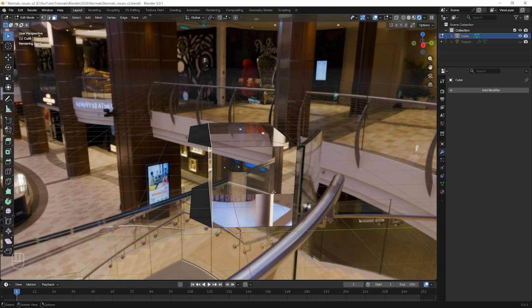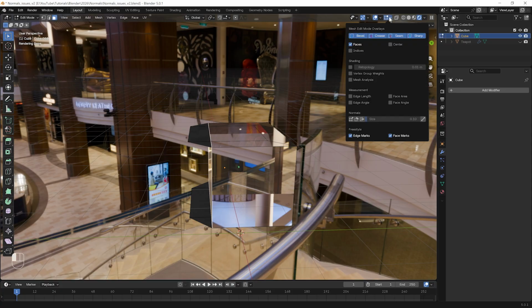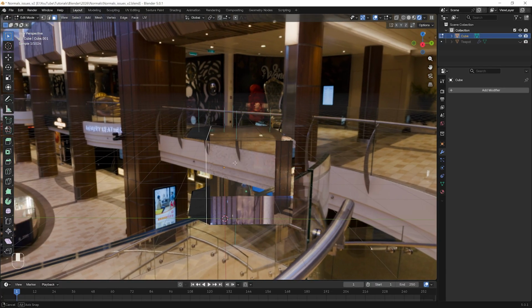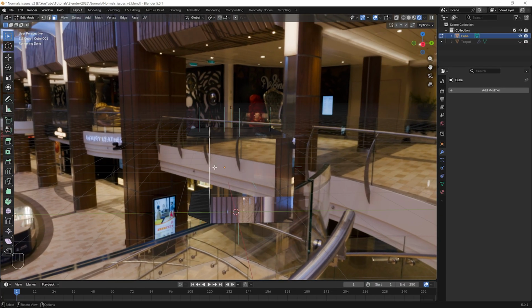There is one more way you can check what way your faces are pointing, but this only works in Edit mode. Go up here and click on the drop-down menu by Mesh Edit mode, and you get 3 different options to display normals. If you click on Display Normals, this button, you will see thin lines pointing outwards from each face, showing us what way the normals are pointing. But this face doesn't have a visible line. If we toggle on X-ray mode, we can see that the line is in fact pointing inwards into the cube.